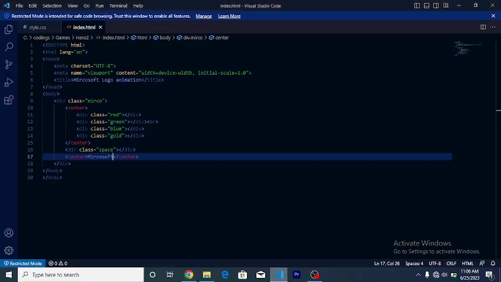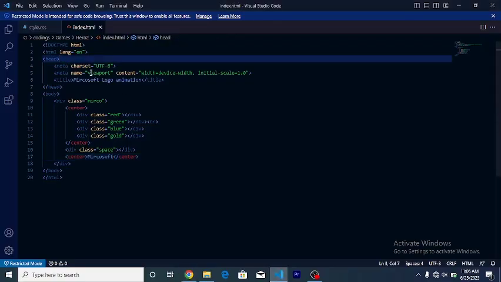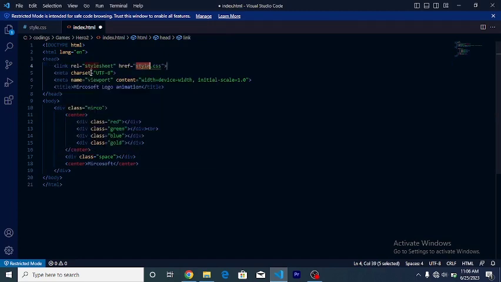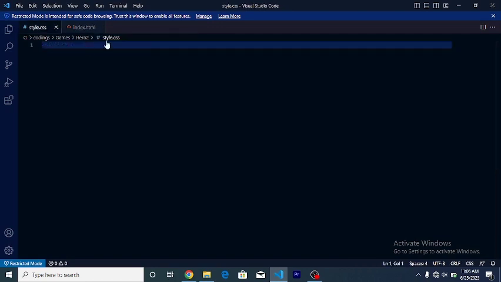If we save, move back and refresh, you don't see much. It's just the Microsoft right here. So now let's style this with our CSS. Let's link it, link.css. If we save and move to our CSS,